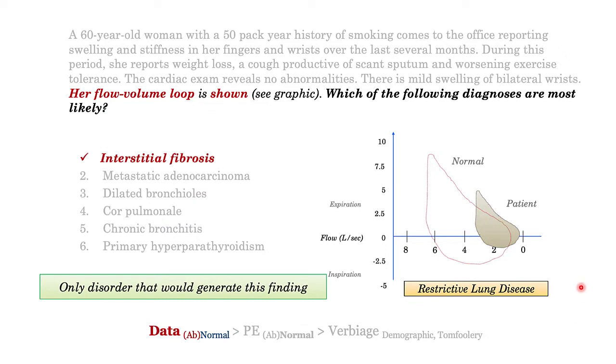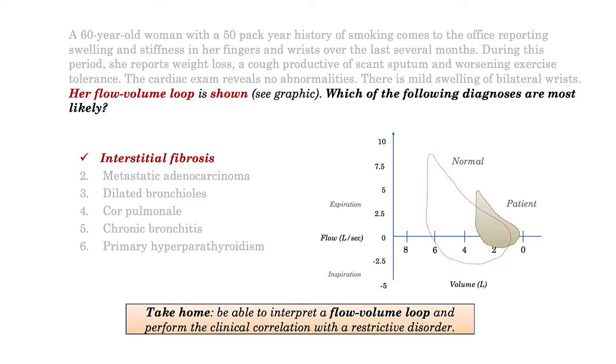We have a flow volume loop demonstrating restrictive lung disease. Once you identify this as restrictive lung disease, interstitial fibrosis is the only disorder in the question options that would generate this finding. So today's take-home is to both interpret the flow volume loop and perform the clinical correlation with